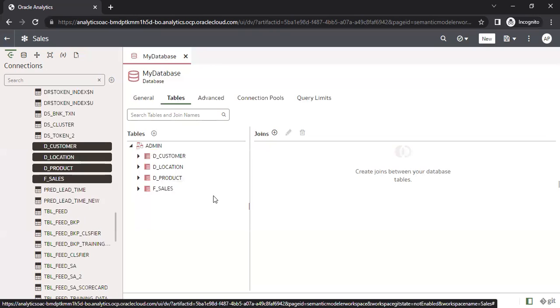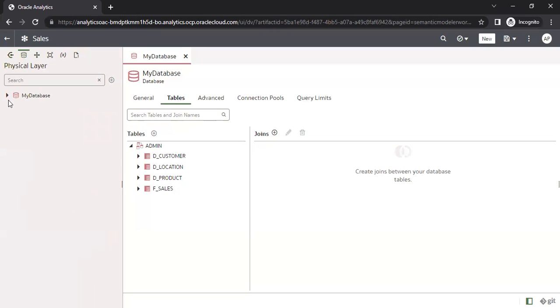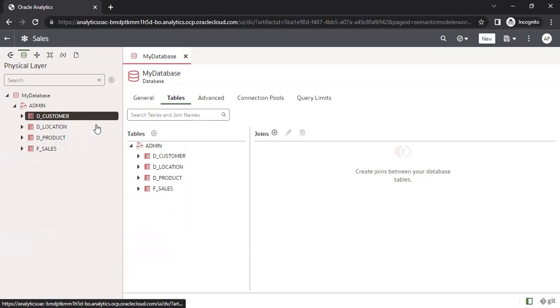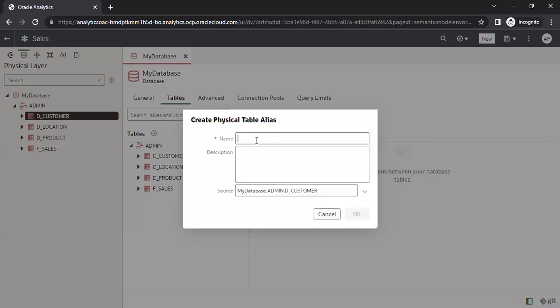So I have imported the tables now. Let's go to the physical layer. I'm clicking on this physical layer option, and under the admin, I see only the tables that I have imported. Now the next step, the same way we do in our RPD physical layer, is creating an alias. So let's create an alias of the dimension. I right click on it and create physical table alias. So I'm going to name it as dim